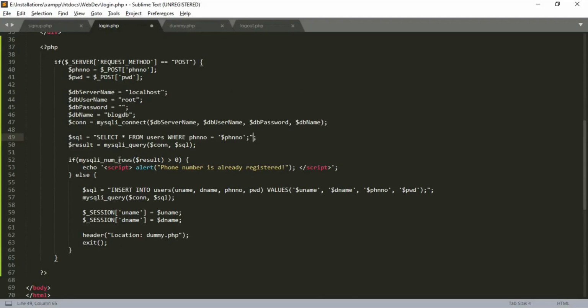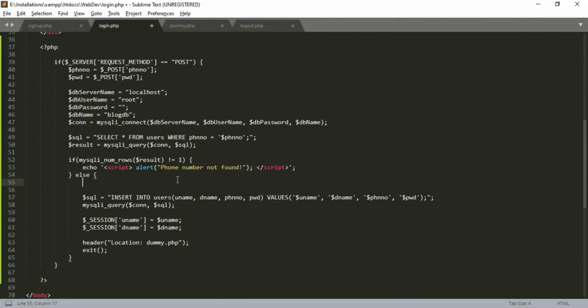If mysqli num rows of result is not equal to 1, this means the phone number does not exist, and we can send the alert that phone number not found. Else, we use the mysqli fetch assoc function to fetch a row from the result. We do this to retrieve the password and check if it matches with the one entered.